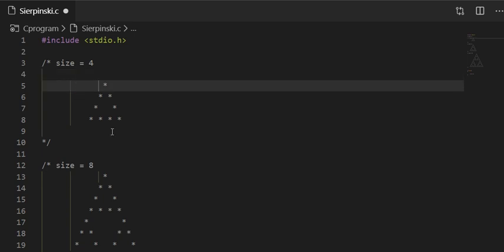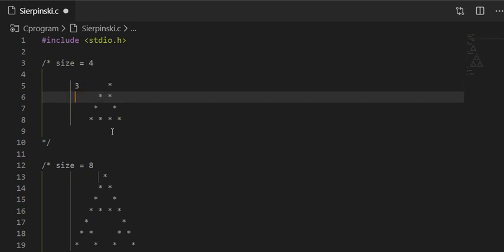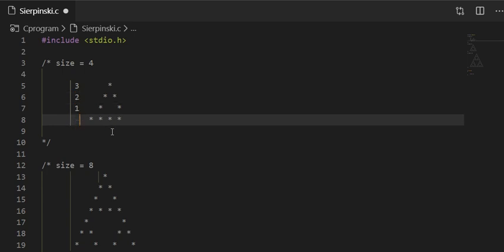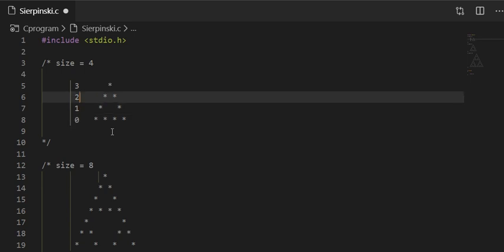Let us take the highest value at first, that is row 3, decrement to row 2, next one is again decremented row 1, and the last one is 0. So row starts with the highest value and then decremented until 0. Here the size is 4, that is 4 rows which ranges from 0 to 3.